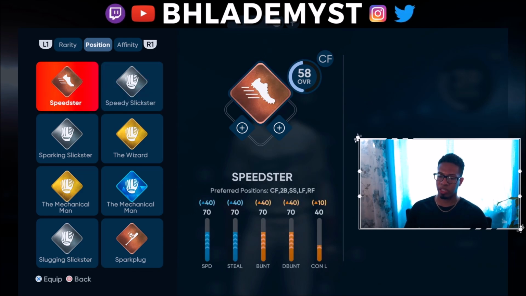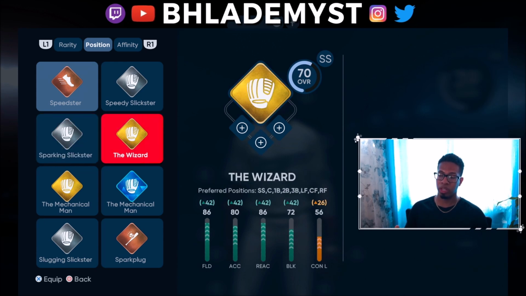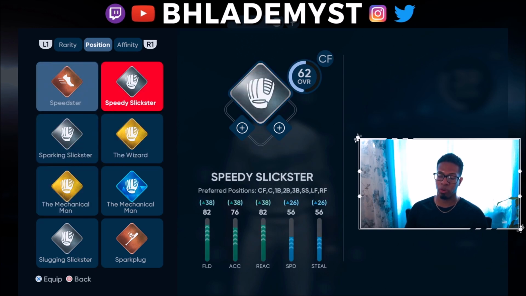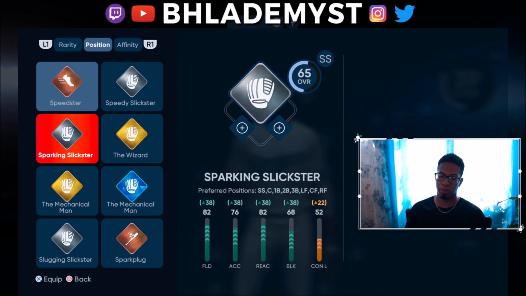So how do you go ahead and change your position? Well, it goes by archetype. So Speedster is basically a center fielder. Then Sparking is a shortstop until you get to gold archetypes. Then the two gold archetypes, which will lead into two separate diamond archetypes, are the Wizard and the Mechanical Man. For each and every single position, there is going to be a gold archetype exclusive and a diamond archetype exclusive. So for shortstops, it does not have a bronze archetype, surprisingly, but the catcher one eventually leads you to a